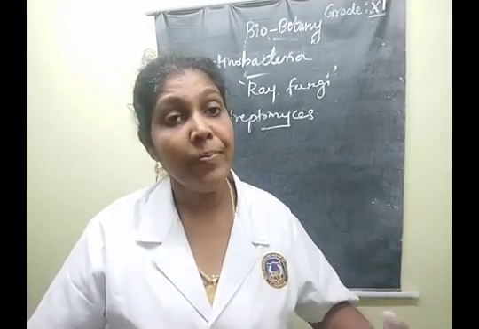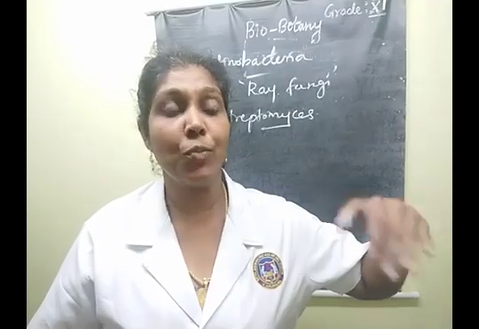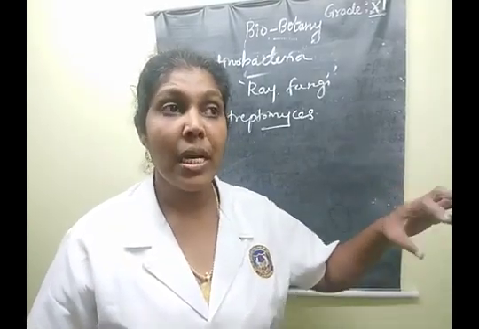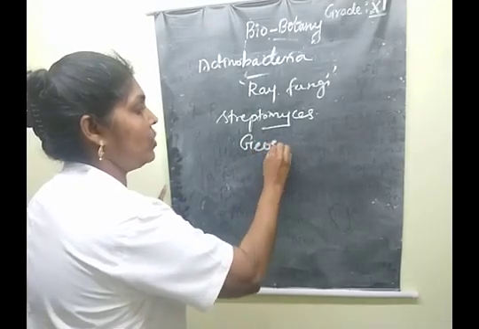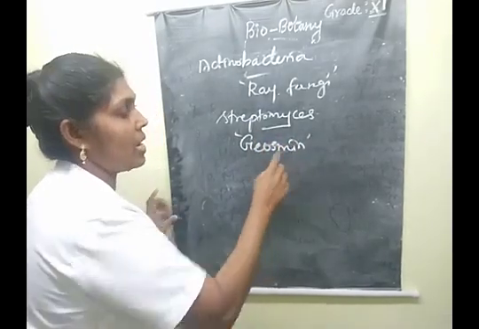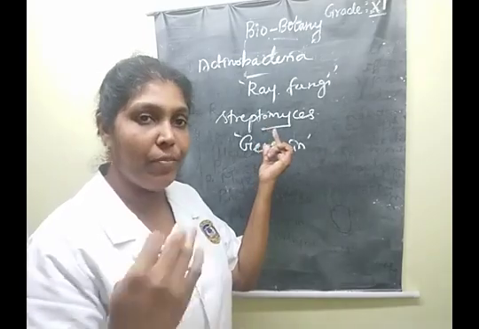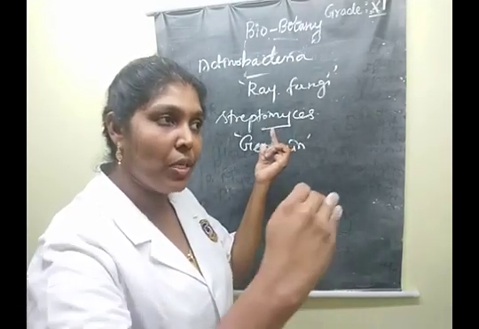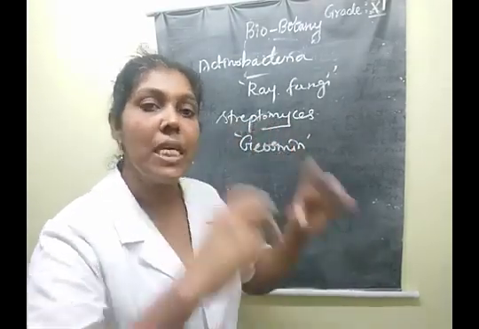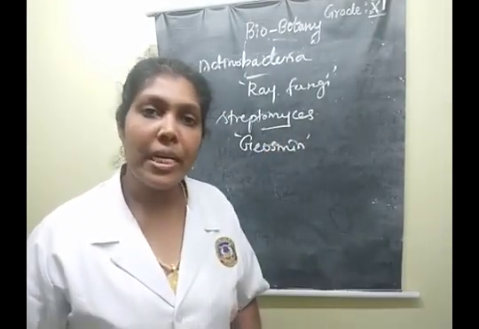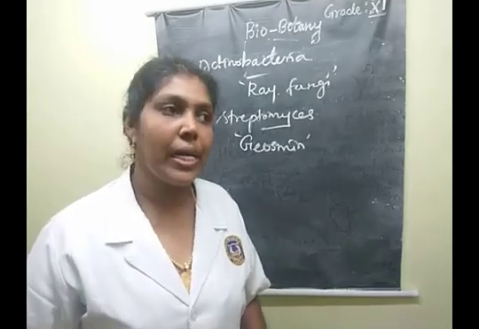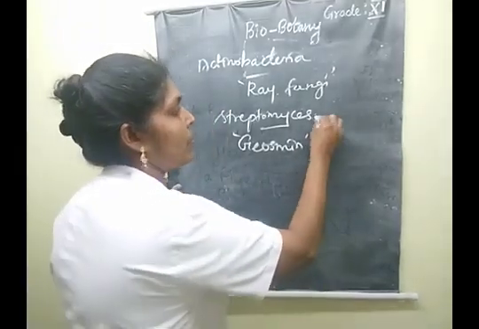Why does this species give that smell? Because it produces a volatile organic compound known as geosmin. Due to this compound, Streptomyces species give the soil its earthy odor. Clear, children? From this group we get the main antibiotics. What are the antibiotics? Streptomycin